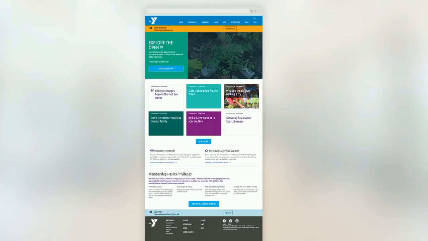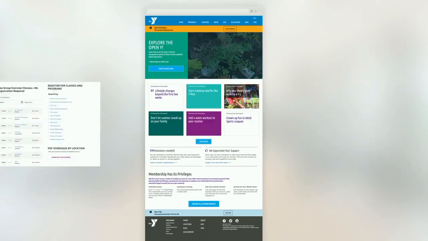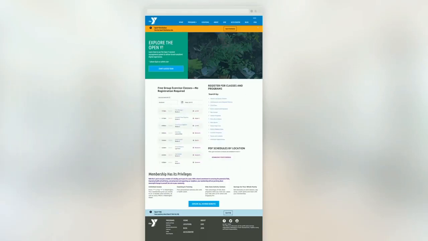We have a few blocks out of the box, but at some point we realized we have a boring component with a list of blog posts that should be replaced with the free group exercise classes and schedule. And we just easily replaced that block on the homepage. So we've created a component, we've created a module, we've set up the content structure for that. With the next release, we've just released that component, and then content editors are able to place it on the page.